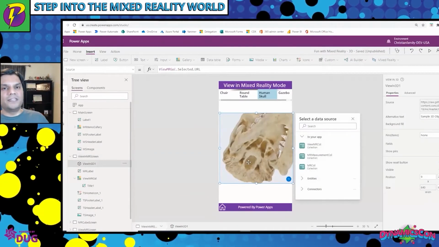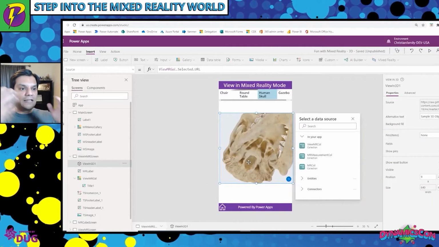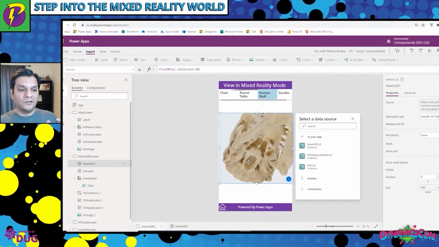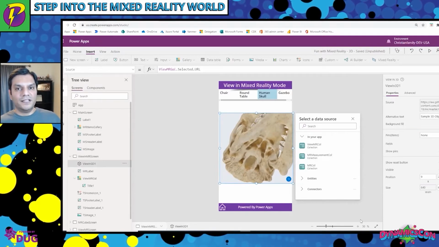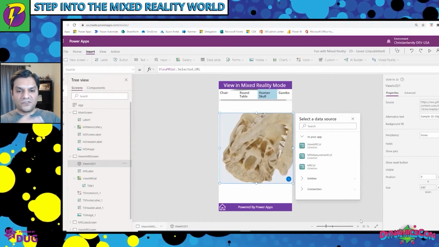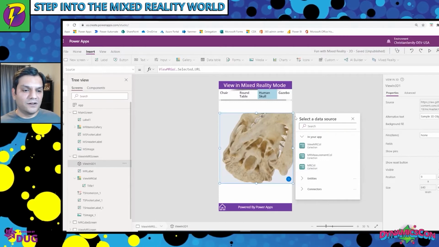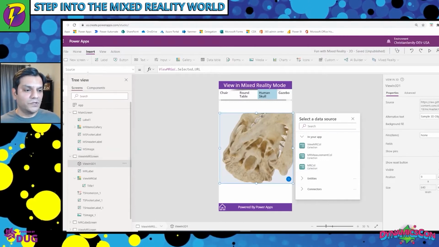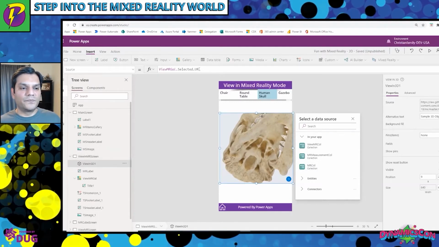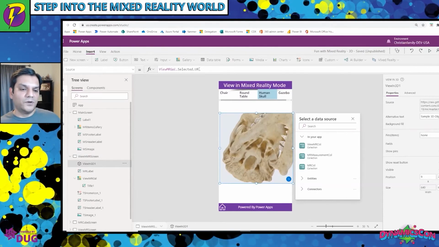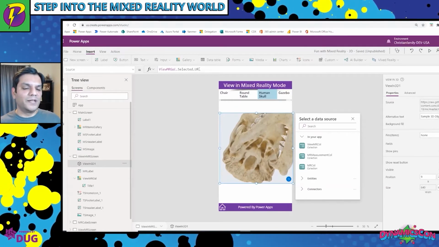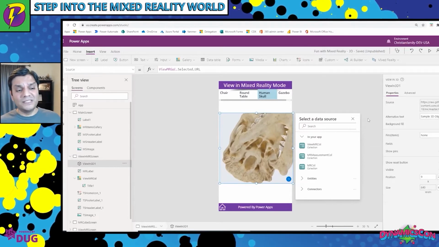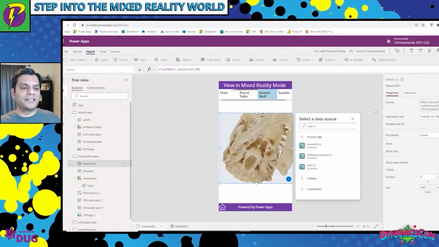So I didn't have to make this. I didn't have to add a rectangle or add some code into it. No, this is all just a full control that's already available. And then based on that, I've just referenced the links. These are all over here. See, that's all I'm saying. In the source, just reference the URL, and that URL is just coming from that GitHub over there. I could even upload the files and keep them directly in Power Apps, but I don't want to do that for now. So that was just on the 3D side.